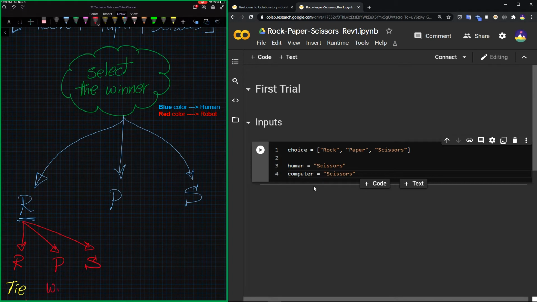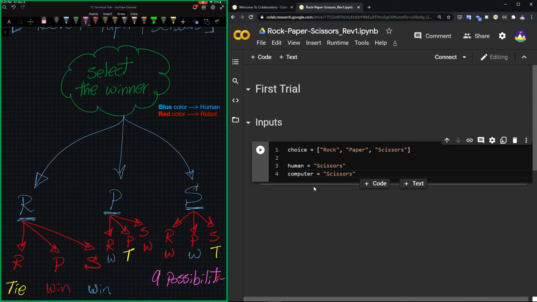Rock against paper, robot will win. Rock against scissor, human is going to win. Same for the other cases. As a result, there will be a total of three branches and nine possibilities. Now, let's start coding that.